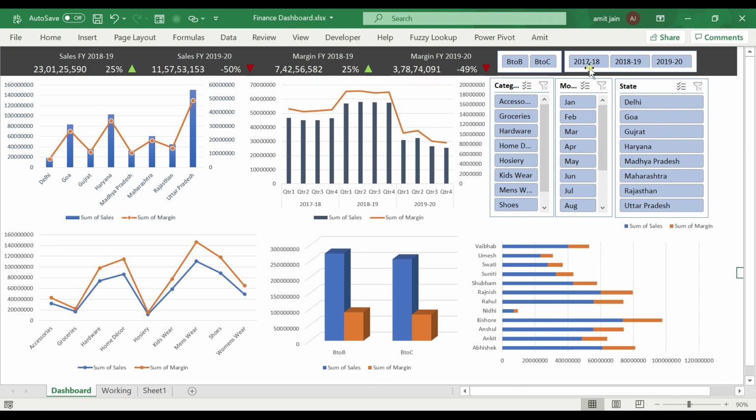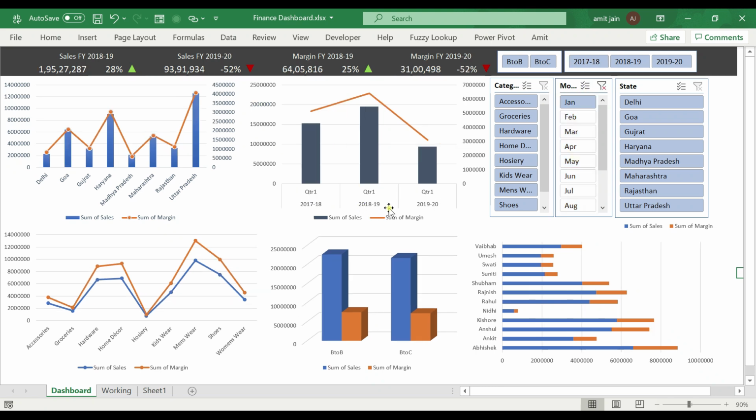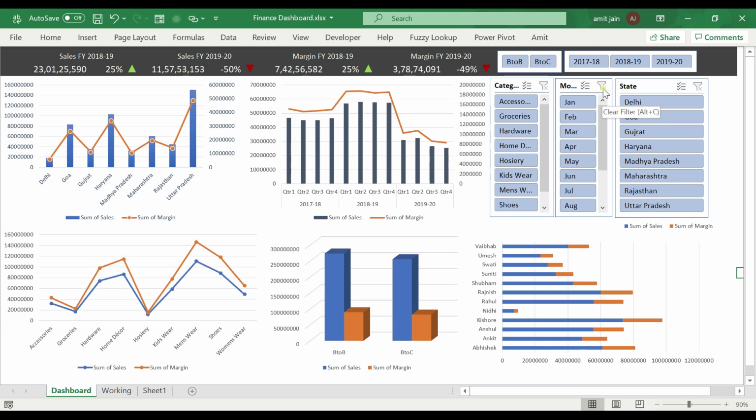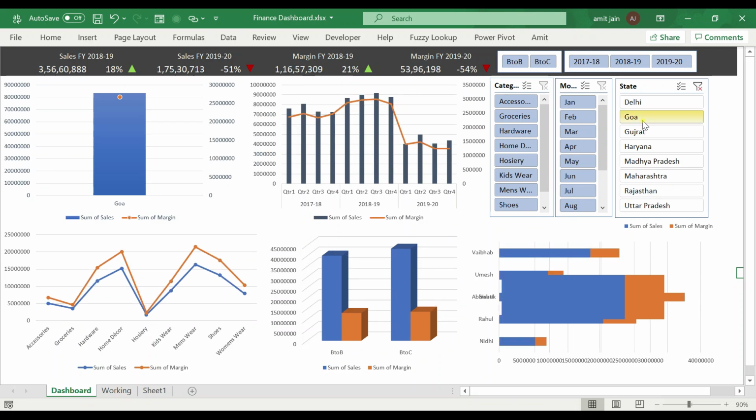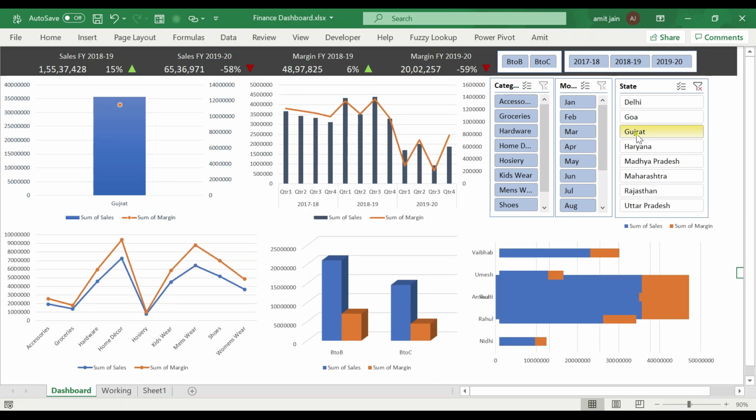If you want to see only January, for all the years, it is showing January for all the states. You need all the months? Just click on this cross button. You want to see the position of Delhi, just click on Delhi, it will give you the presentation of Delhi, or maybe Goa, or a different state. Whatever you want, you can see, and it will give you a very good view, very good analytics of your data. Now this data is presentable and it is showing above.